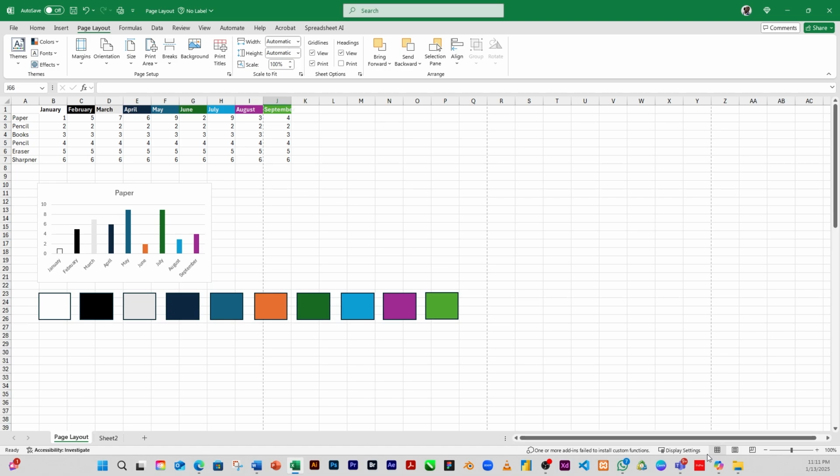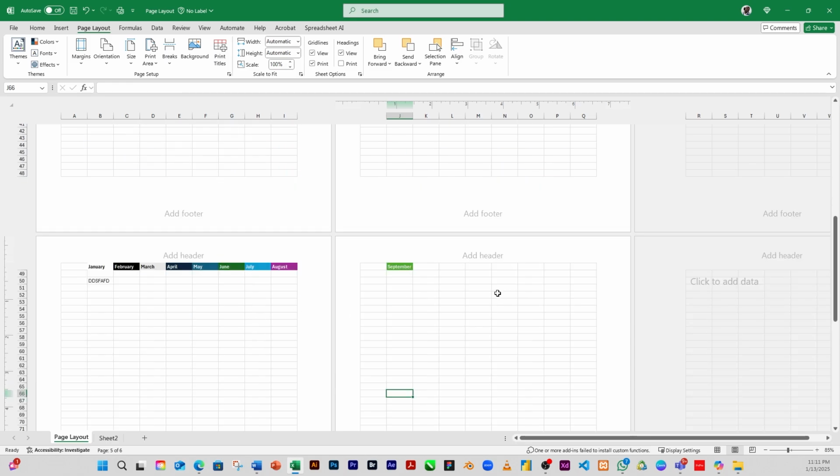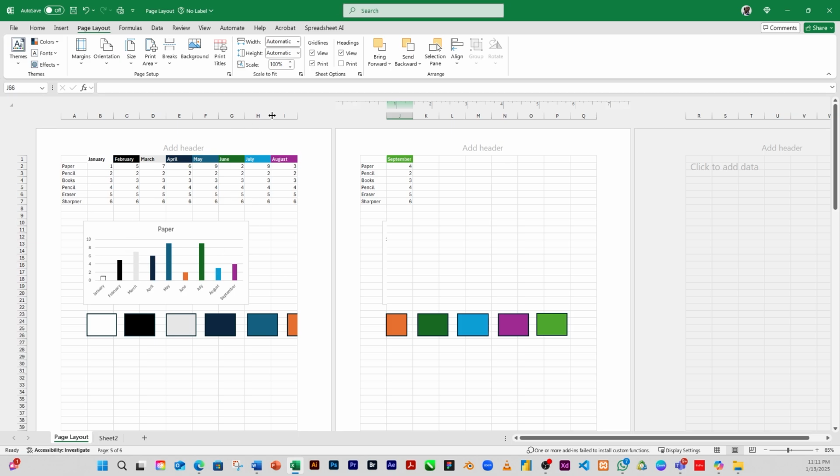For example, when we saw this layout before, you can see that these things are spreading to different pages, other pages, right? Spreading to page 2, page 3, and page 4, like that. So there is how you can shrink this thing right here to fit into this page. Currently, you have automatic. The width is automatic, the height is automatic. So if I said shrink everything you have here,